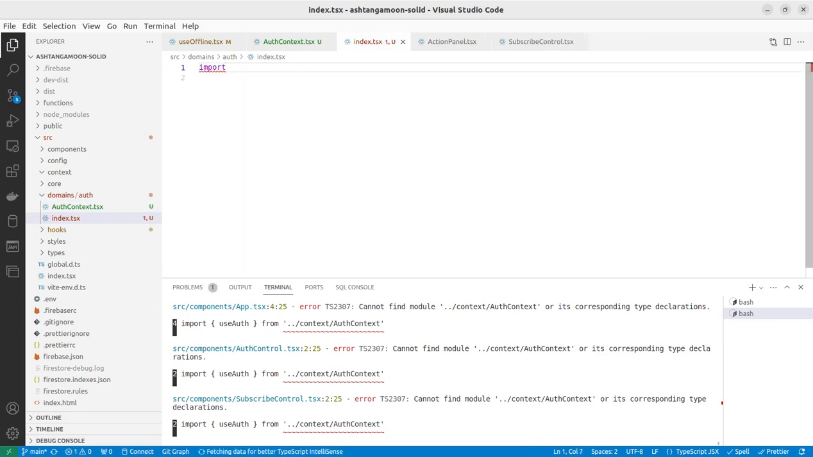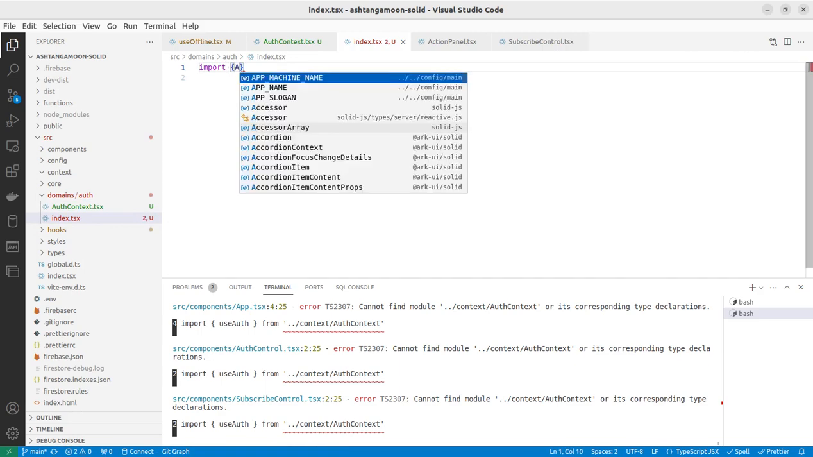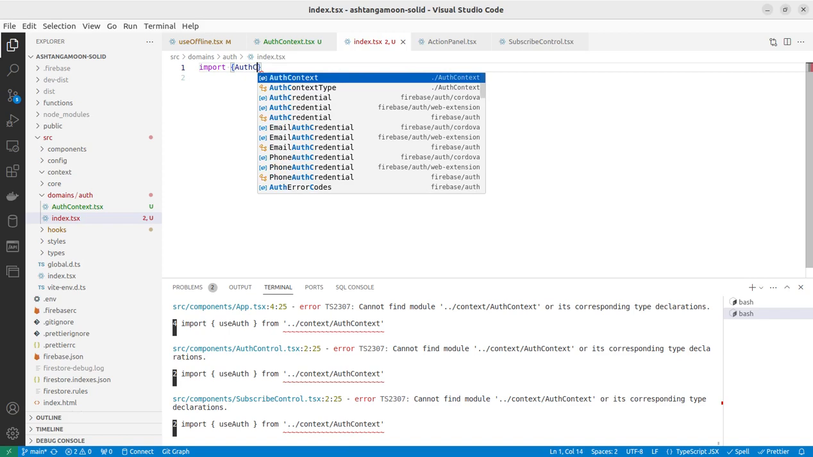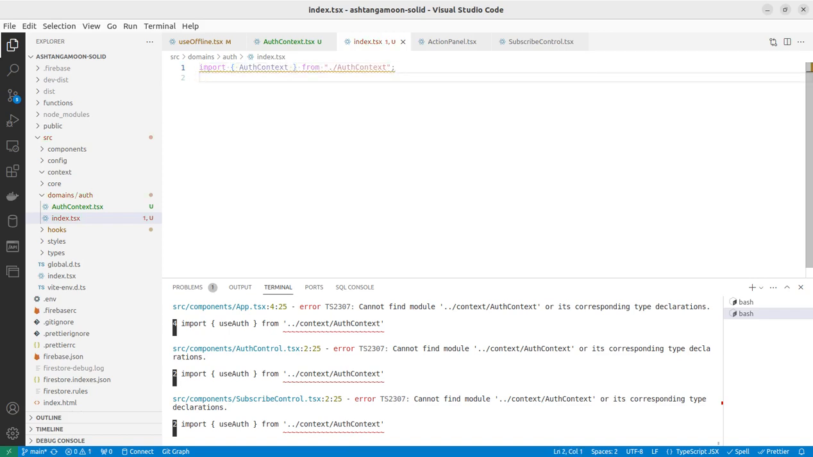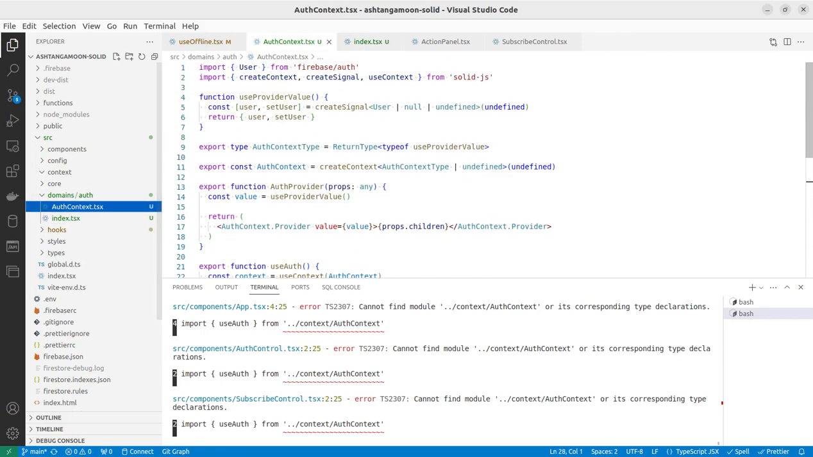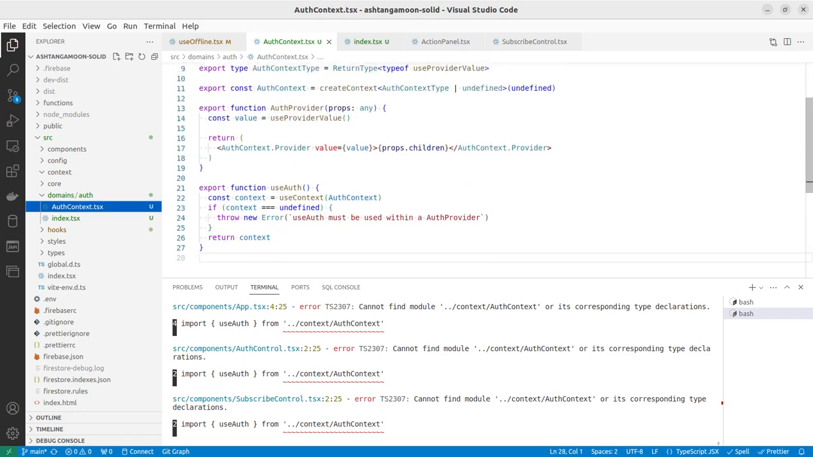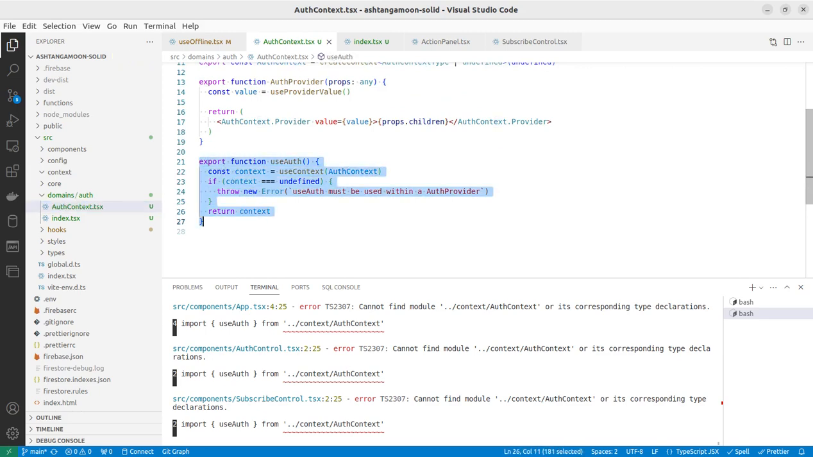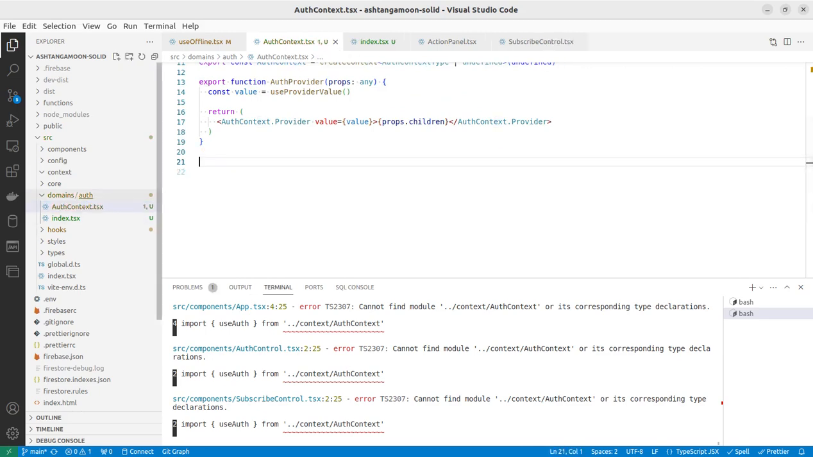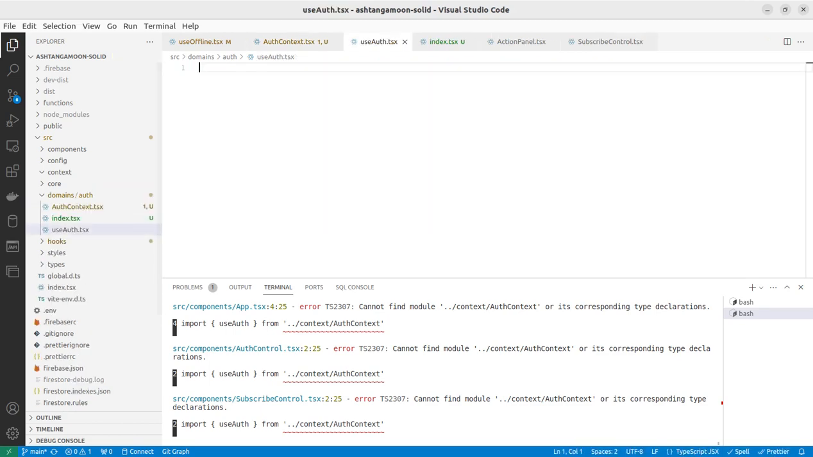a few imports. First will be auth context, and it will export this auth context from this index file. Okay, now we can actually extract pieces of the auth context module into separate files. Okay, I will start from useAuth hook. We'll create useAuth.tsx file,